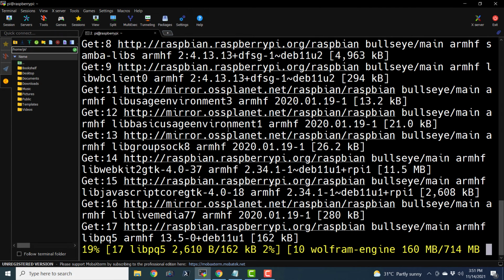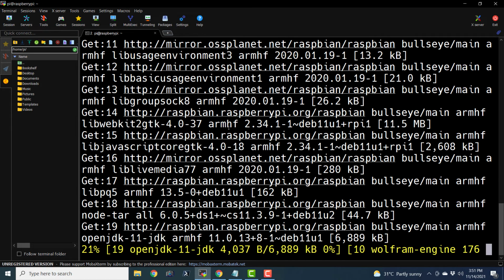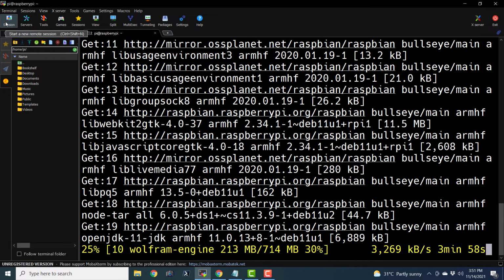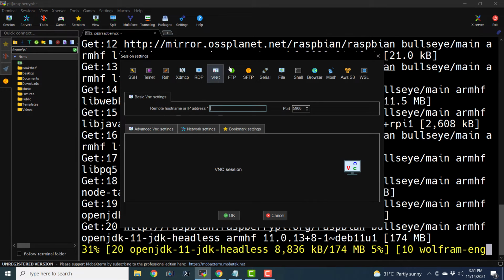While it updates, let us see how to connect using VNC. We will not close this window, because if we close this window, it is going to interrupt the update operation. So I'm just going to go to this option, sessions, and I'm going to say SSH. Sorry, we are already connected through an SSH session. We are going to use VNC. And do you remember the IP address? The IP address was 104, I guess.